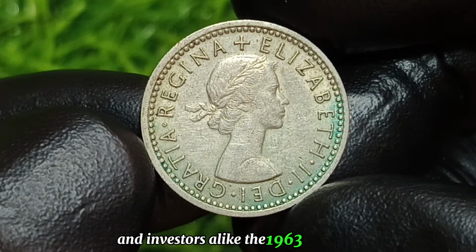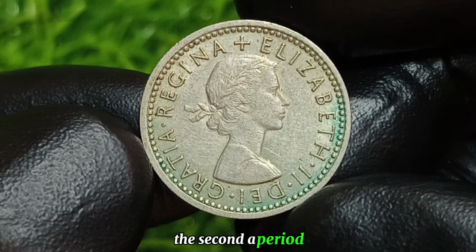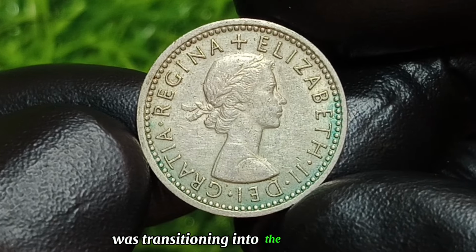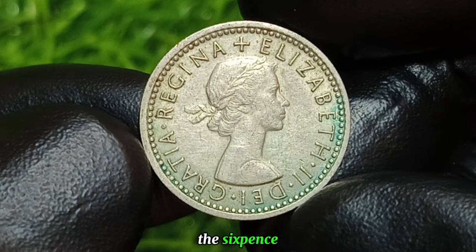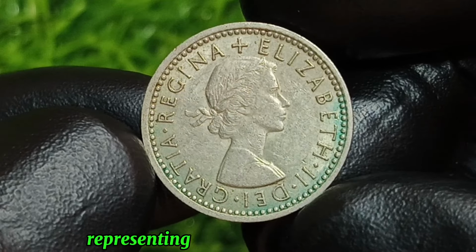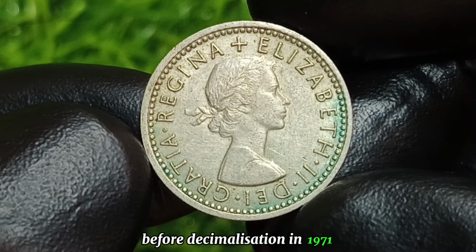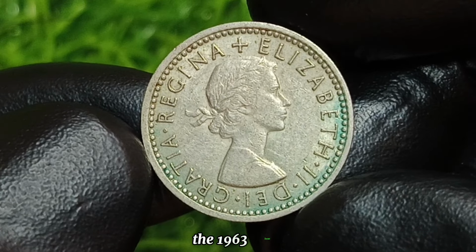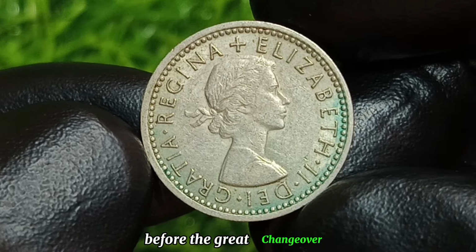The 1963 sixpence begins during the reign of Queen Elizabeth II, a period when the United Kingdom was transitioning into the modern era while still preserving its rich coinage heritage. The sixpence was a beloved denomination in British currency for centuries, representing 6 old pence or half a shilling before decimalization in 1971. The 1963 issue was among the final years of the traditional sixpence before the Great Changeover, making